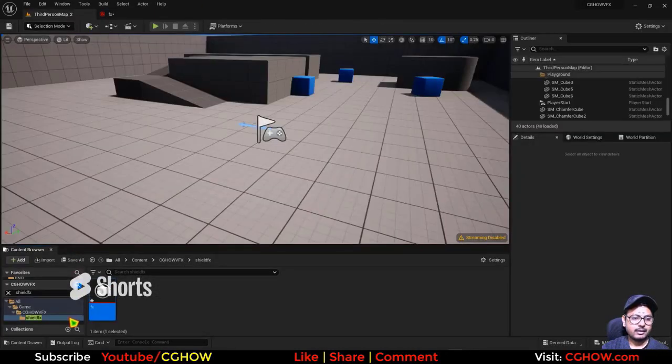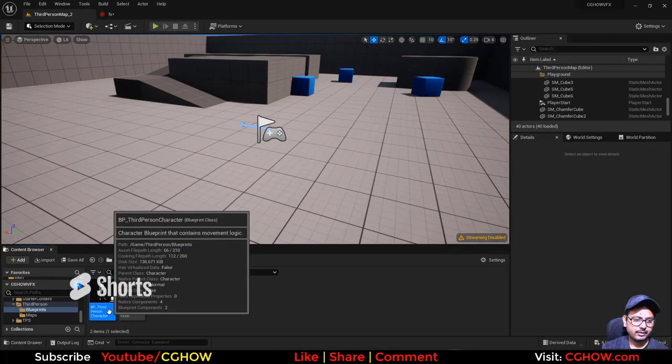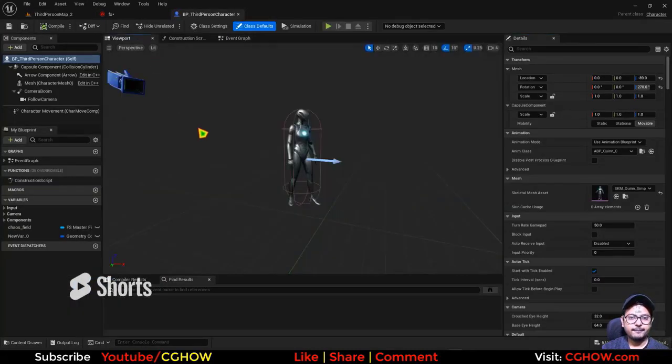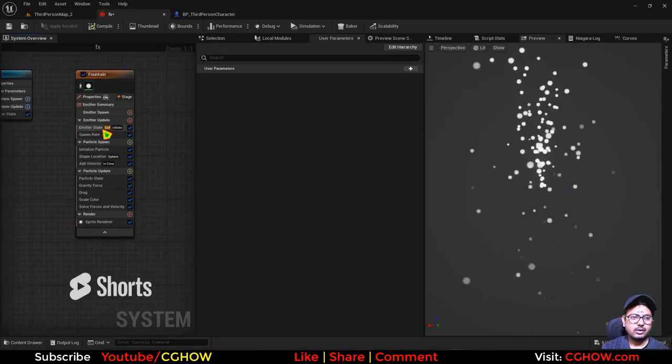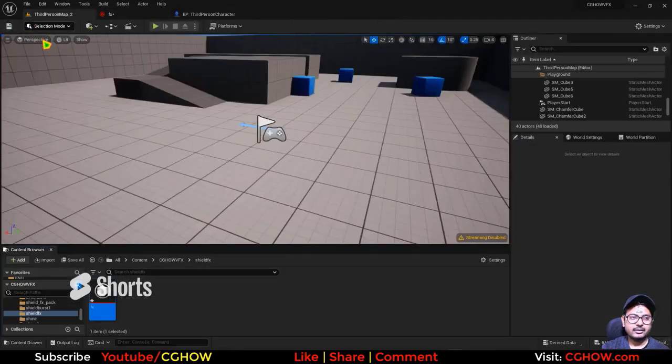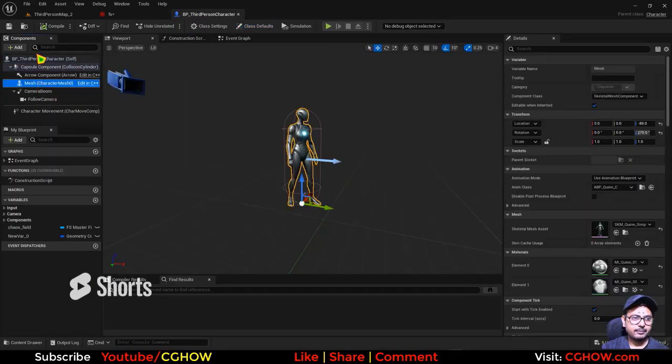The next thing will be if I go to my third person folder and blueprint. This is the player blueprint. So I want to add my effects here, this one. So if I just directly connect this here, select the mesh and